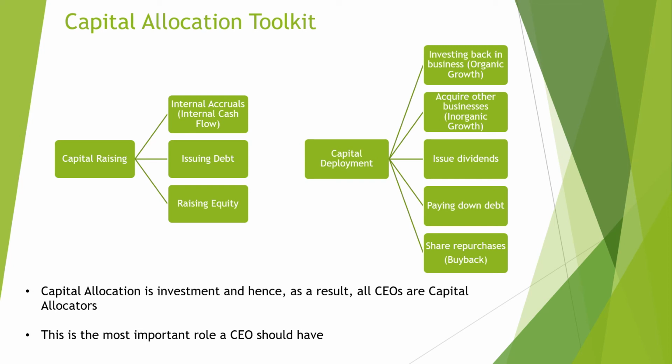The fourth one is very important. You can just pay down the debt. Most companies, when they have huge debt on their balance sheets and good, consistent free cash flows, one of the sensible actions could be to pay down the debt, because we know that debt is very dangerous when the economic cycle turns down, or if the conditions are not as conducive for doing business, then debt can be very detrimental to the business. So paying down your debt is one of the sensible options.